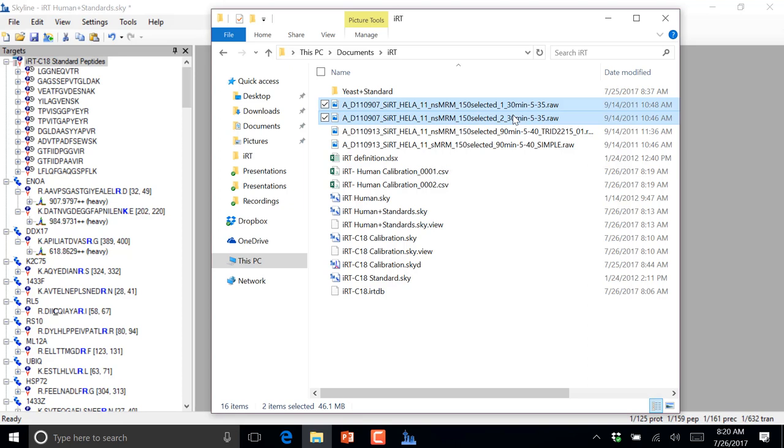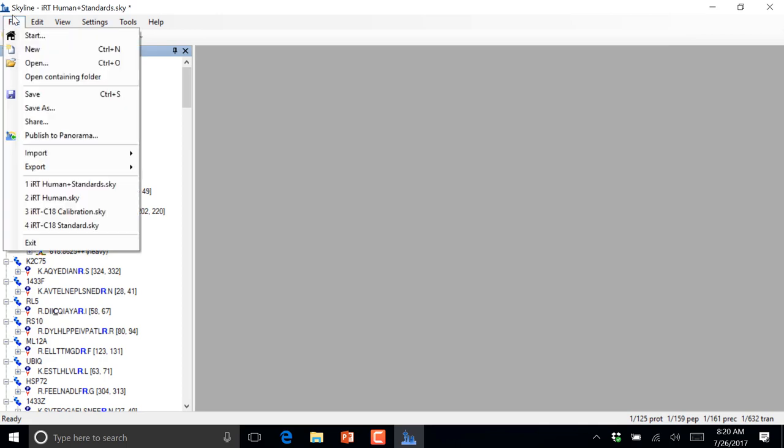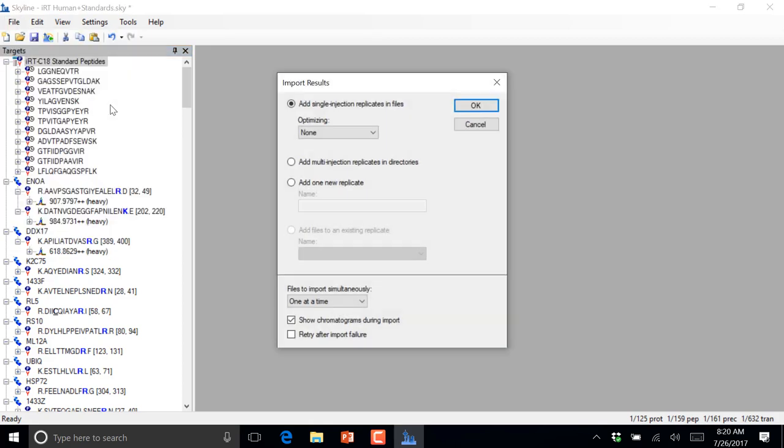They actually contain more than just the standards. They also contain the human measurements, and so we're going to get to reuse those now. But let's go File, Import, back in the file. People with me? Okay, File, Import, Results,